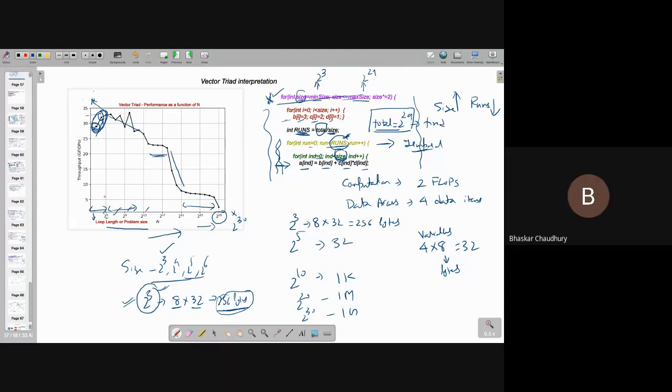So the data throughput increases. No. Okay, I will give you a hint. This part has to be explained by pipeline. So that's good that we can utilize what we have learned today. This part has not to be explained by cache actually. So that's what all of you are doing, that mistake actually.